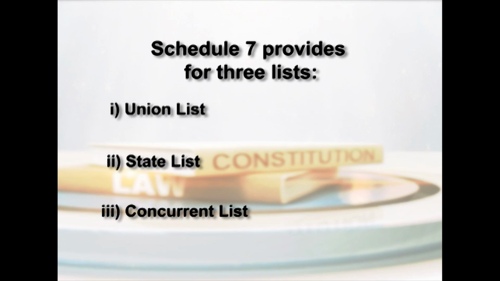Concurrent list, I have already told that we have accepted this from Malaysian constitution, and in the union list, central government is empowered to act. In the items of the state list, state will act, and in the items of the concurrent list, both the center and the states are empowered to act. However, the laws or decisions of the state shall be declared void if it is repugnant to any of the provisions of the union law or